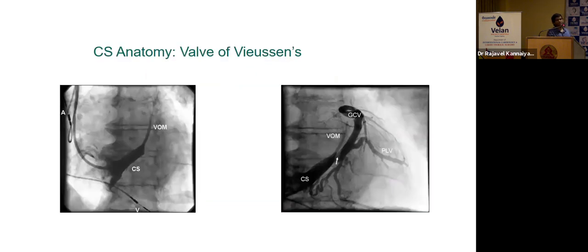So implanting the LV lead, unlike the regular dual chamber pacemaker, going through the venous system, putting one in the RA and RV, it will be easy. Whereas for putting to the LV, we have to go through the venous system, we have to enter the coronary sinus. So the coronary anatomy is very important because there will be a lot of difficulties because of tortuosity, Thebesian valve, all this will pose a lot of problems in implanting. Next slide.